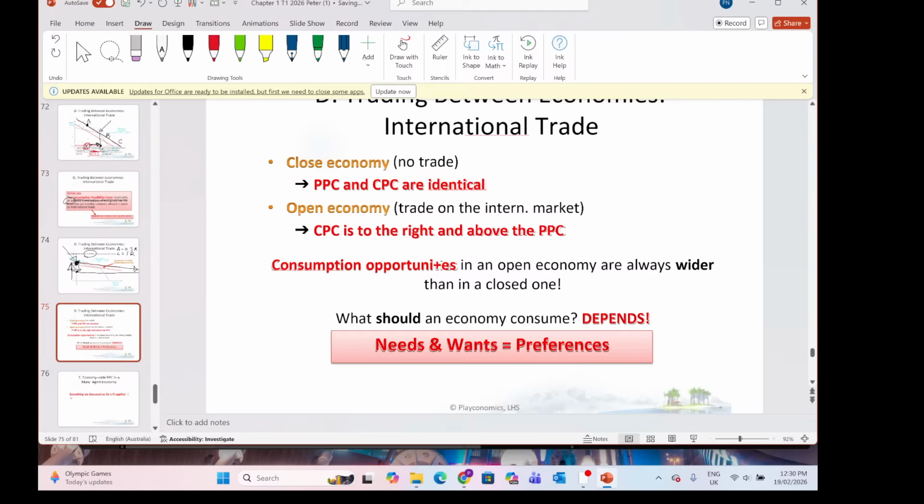So here are the basic principles related to the consumption and production possibility curves. So we're moving towards our conclusions here today. Our production possibility curve and our consumption possibility curve will be the same if we don't trade, because we're limited to what we make. We can't consume anything that we don't make. So everything that we make, we can consume, but if other countries make these products, we can't consume them because we're not trading with them.